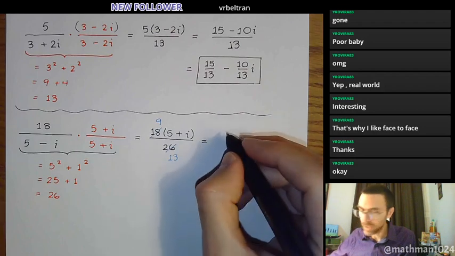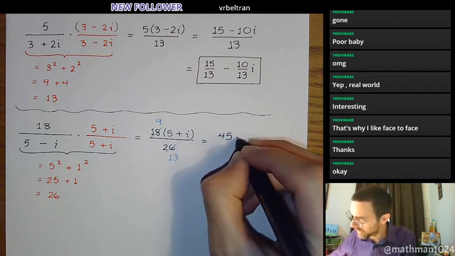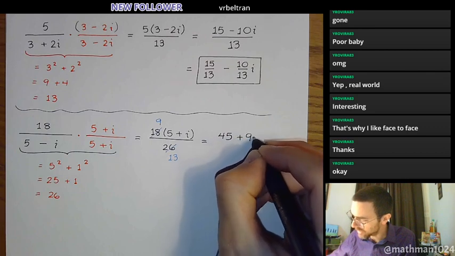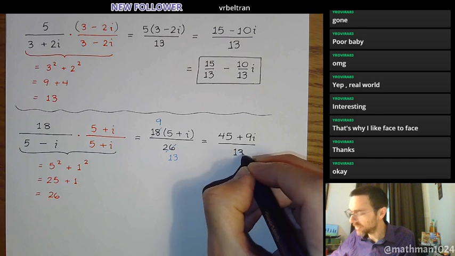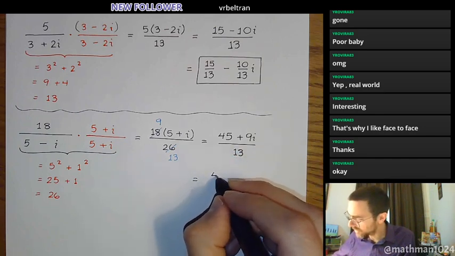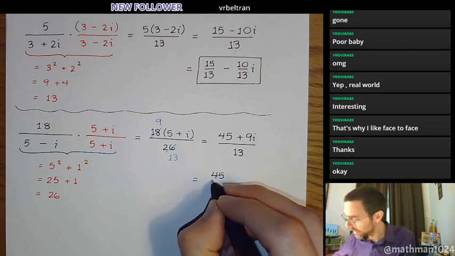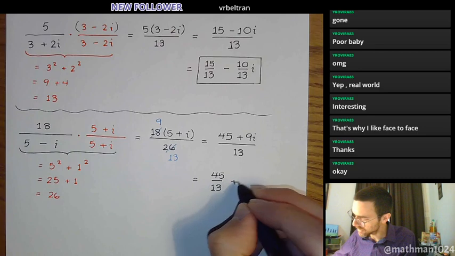And so now I'm going to distribute. 9 times 5 is 45. 9 times i is 9i. And everything's divided by 13. And again, you want to make sure that you finish writing this in the good way. So 45 over 13 plus,